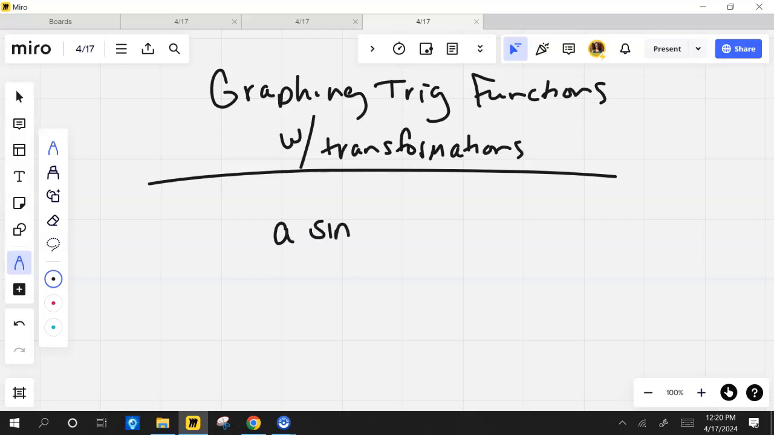this could be sine or cosine. Tell me what A tells us. Absolute value of A is an amplitude. What is amplitude? How high and low it goes. That's right. So if I'm not centered right at the x-axis, then